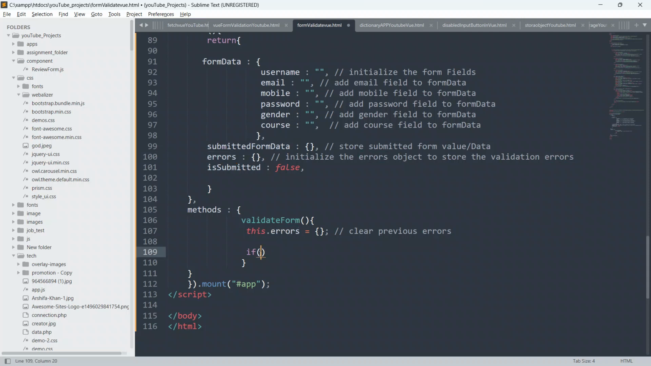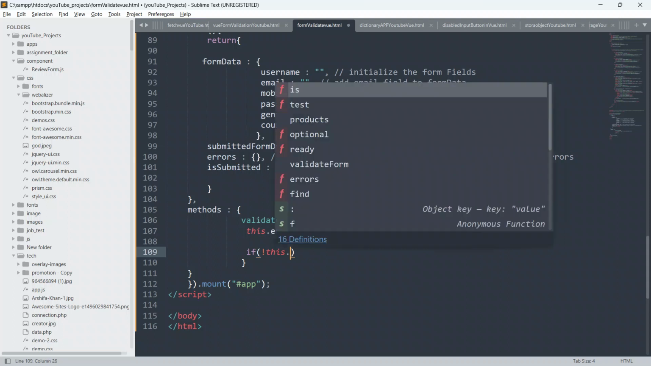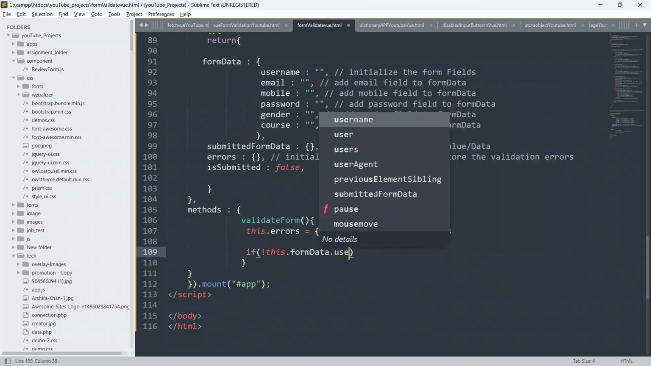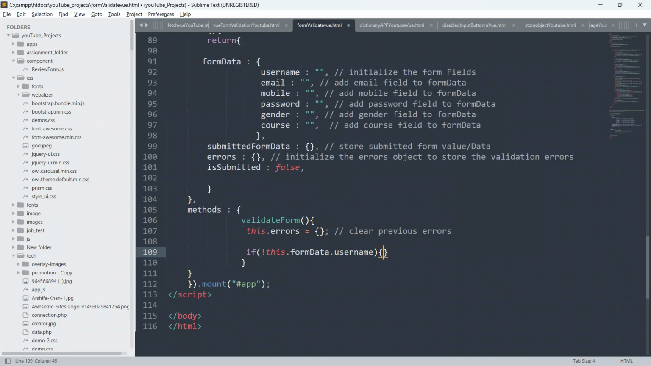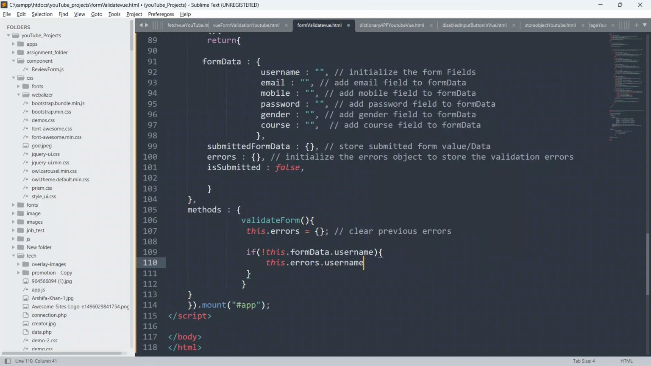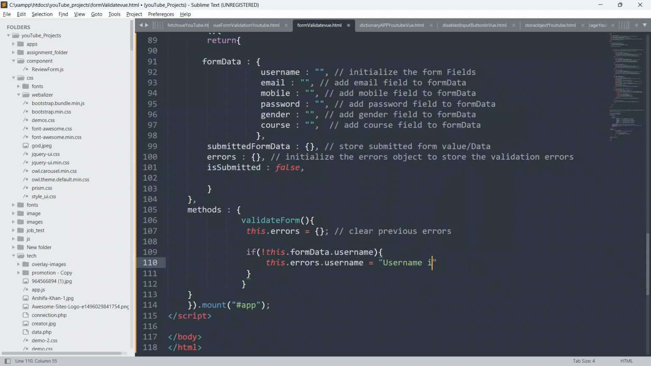Now I will say, if not this.formData.username, then we will say this.errors.username equals, username is required. And close this. And else if